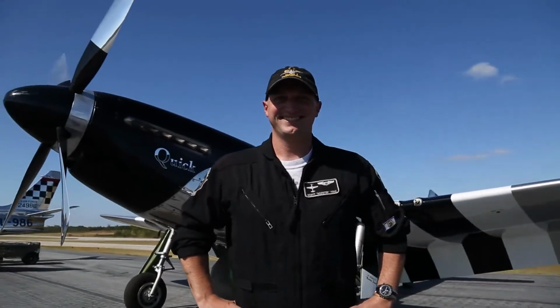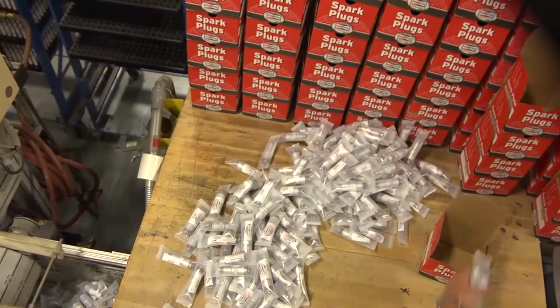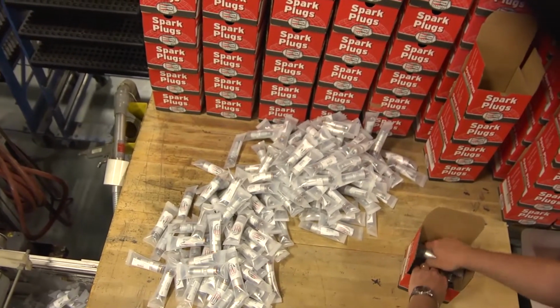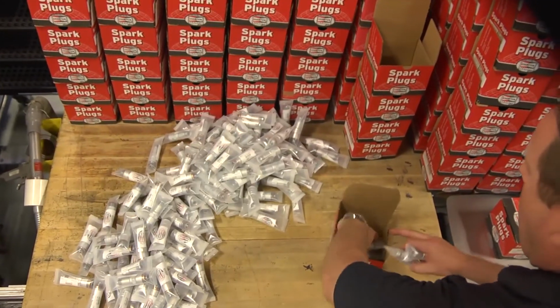Always keeping our focus on providing reliability and performance to the aviation community, Champion Aerospace spark plugs are designed for ease of cleaning and servicing in any maintenance shop. Electrode erosion is a fact of operation. Spark plug electrode gaps must be adjusted to give access to the available electrode material and achieve maximum life. With Champion spark plugs, unlike other brands, the Iridium electrode fine wire spark plug design can be easily reset with